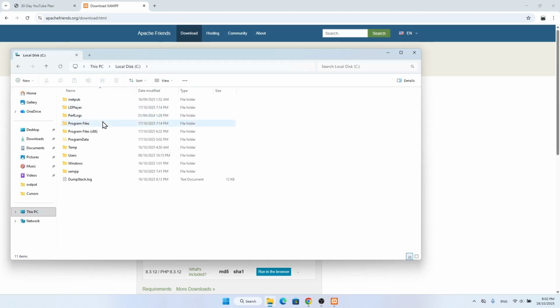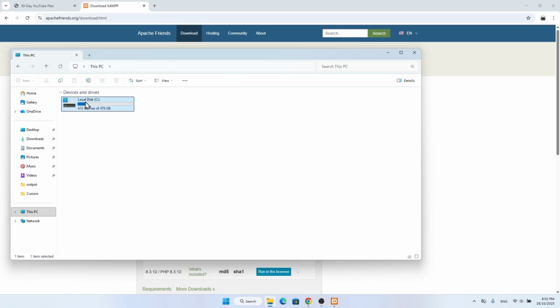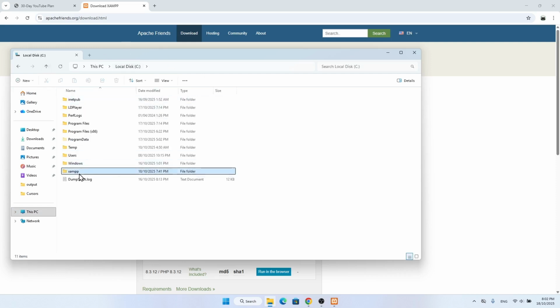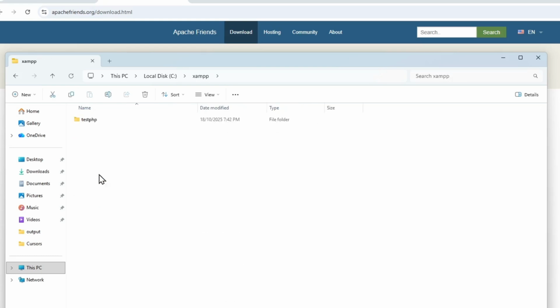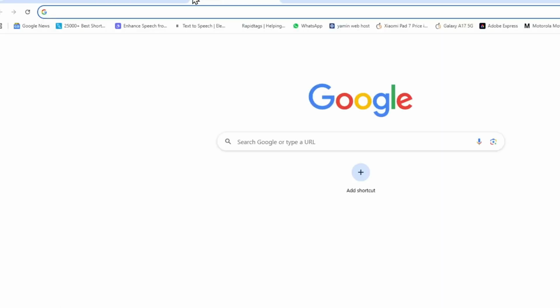Let me show you. In whichever drive you have installed XAMPP, just go to that drive, okay? In this case, C drive, here you can see, and then you will find a folder like this, XAMPP. Go inside it, then go for the htdocs folder, okay? Here you can see htdocs, just double click on it, go inside it, and here you have to keep your project. So to download the project, what you have to do is search here,